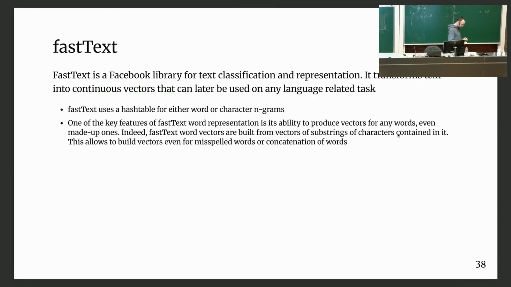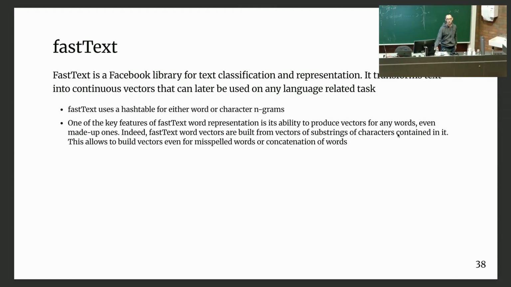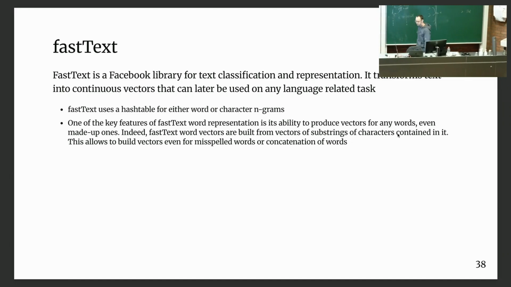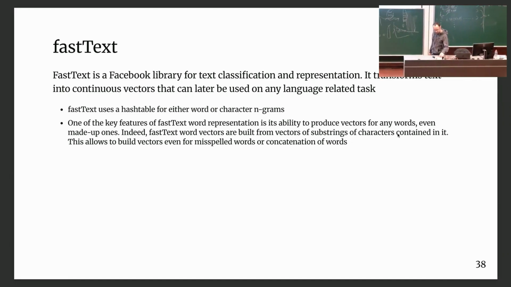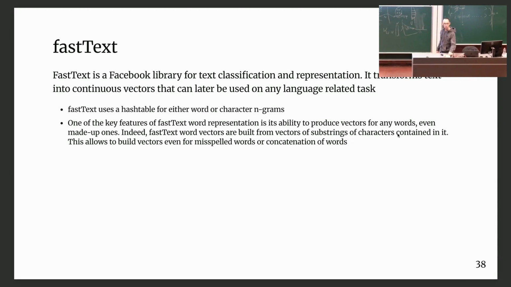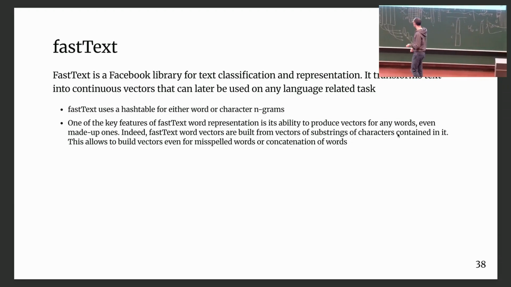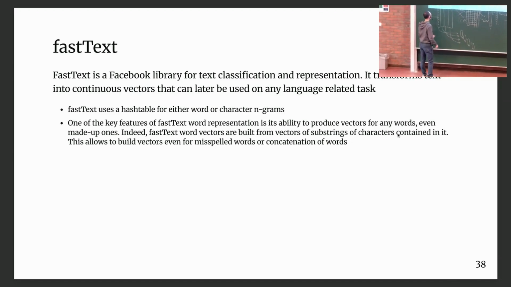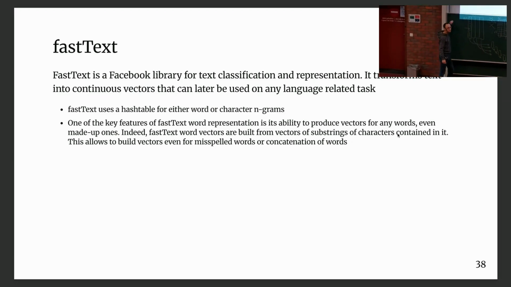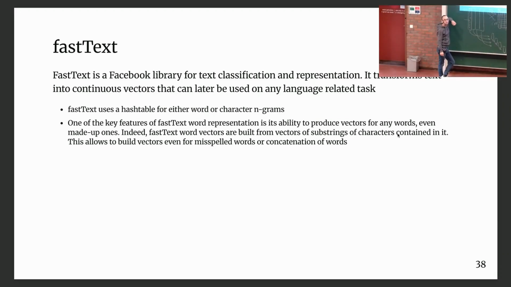Another reason why they did this, and this is one of the largest drawbacks of the way this Word2Vec architecture is set up, is that it is a parametric model in the sense that it's fully end-to-end downstream learned. But if you think about how the architecture is set up, what if tomorrow you tell me, well done, you have obtained n-sized vectors for all of these words in your vocabulary, and you have 20,000 of them in there, but now there is a new word that for some reason you didn't have in your training corpus? Like a misspelled one, for instance. What's the vector for that word? You have no way